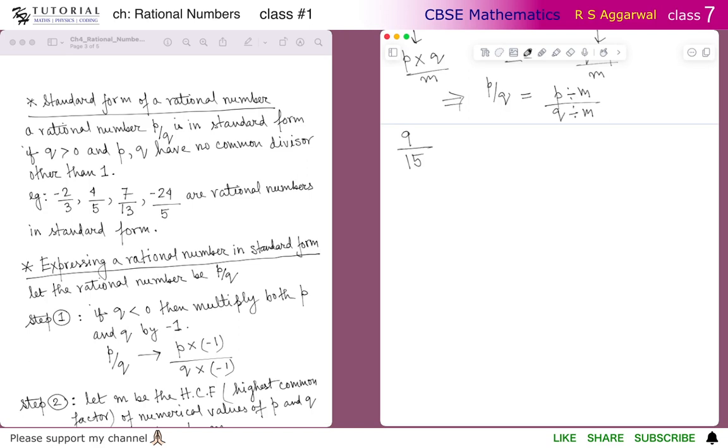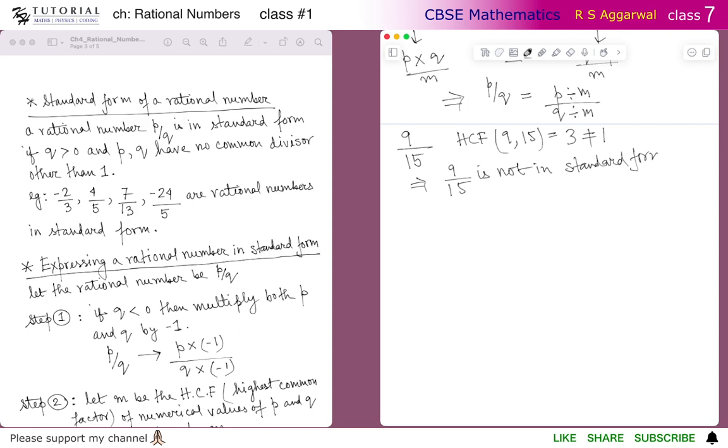Now you can see the HCF of 9 and 15 is not 1, it is 3. This implies 9 by 15 is not in standard